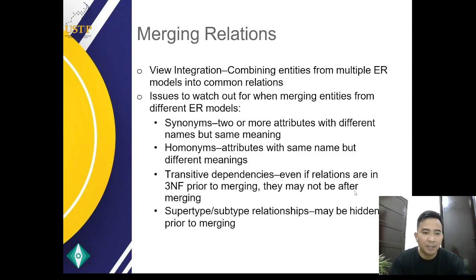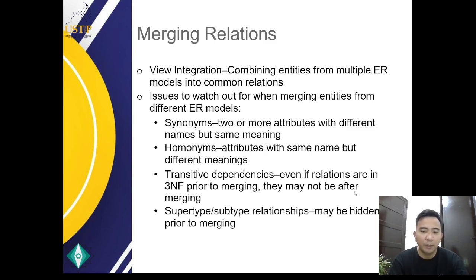In addressing these issues, to ensure that merged relations are well structured and avoid anomalies, it is important to carefully analyze the entities and attributes from the different ER models and address any of these issues.